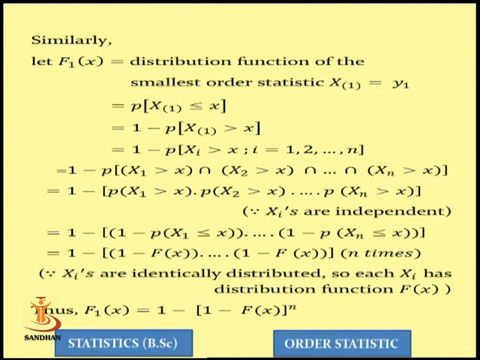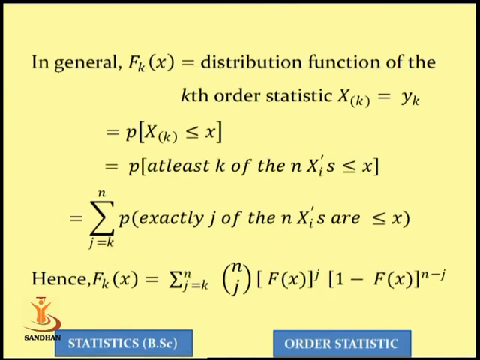So this is about the minimum and maximum order statistics. Now if I'm interested in the distribution function of the kth order statistic in general, where k can be anything from 1 up to n, then it is the probability that the kth ordered value is smaller or equal to x. Now this k can be anything, as I said, k can be 1 up to any number from the n.